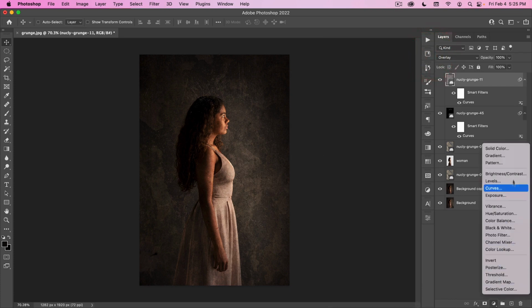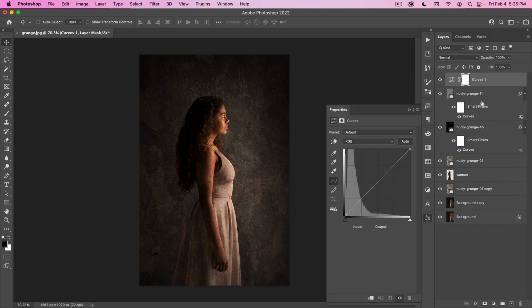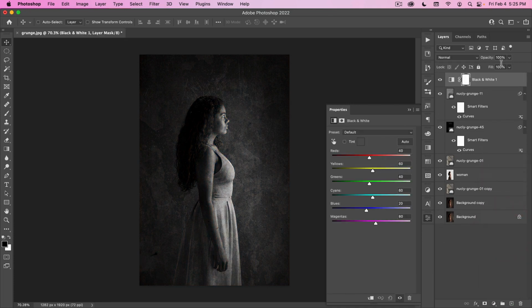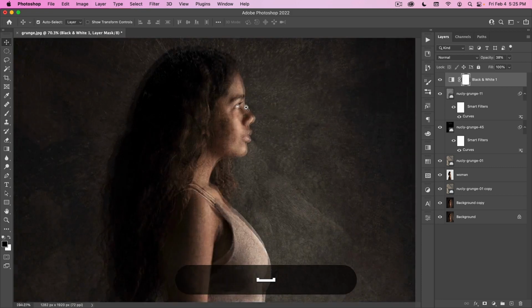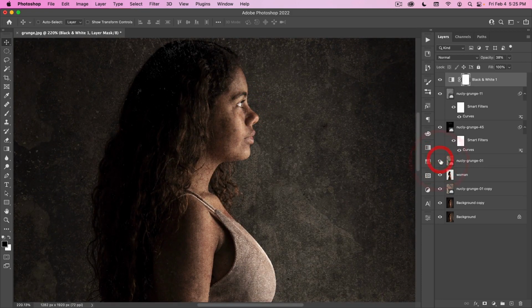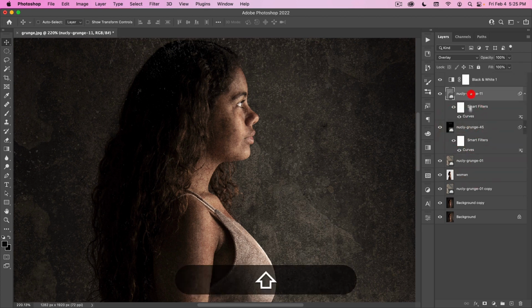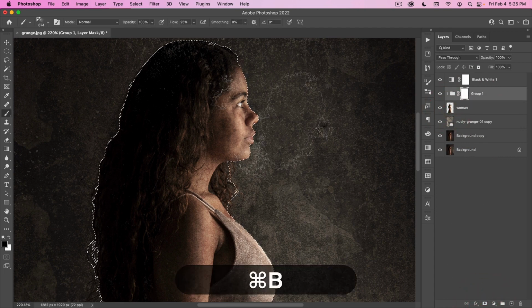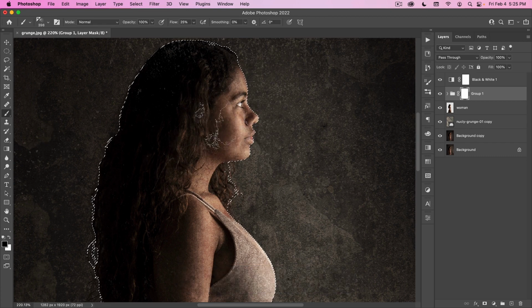So what I would do here is maybe go to curves. Actually, not curves. I'm going to go to black and white. I'm going to suck out most of the color. So I'll take the opacity down so some of that original color is there. And then also for this, I don't like what it's doing to her face here. So I can always add a mask to whichever one is doing it, or just choose all the gradients that are on top of her, put a mask, and then just paint it out of her face here. There you go.